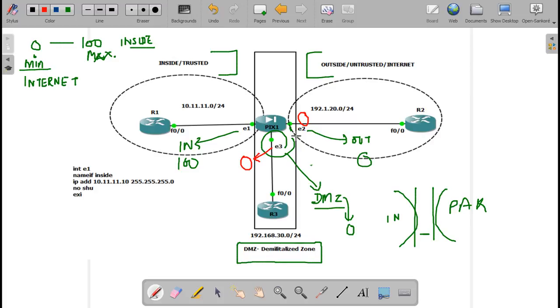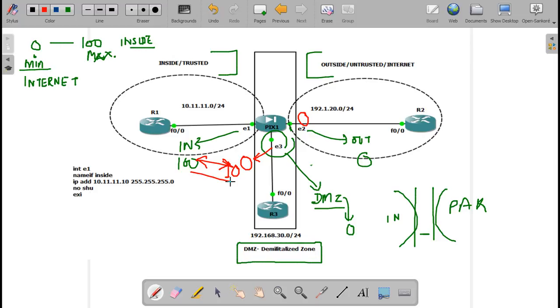Because security level value is same in both the places, you cannot talk. So that's why, and I cannot assign security level of 100 as well, because if I assign 100, these two will become same, 100 and 100.